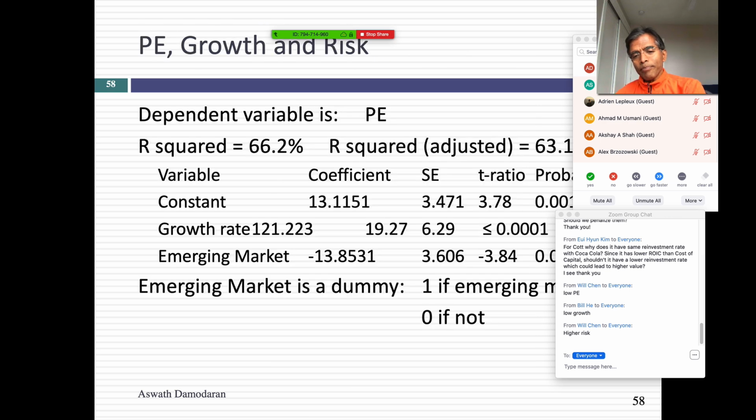So here's what I did. I opened up my statistics book. I said, look, I have PE ratios across telecom companies. I'm worried about 2 things. One is what the growth rate is, and the second is whether these companies are emerging market and developed market companies. So the growth rate, I actually used the growth rate. For the emerging market companies, I used a dummy variable. You know what a dummy variable is? It takes on a value either 0 or 1. I set it to 1 if it was an emerging market telecom company and 0 if it was not. And I ran a regression. The R squared I got was 66%.